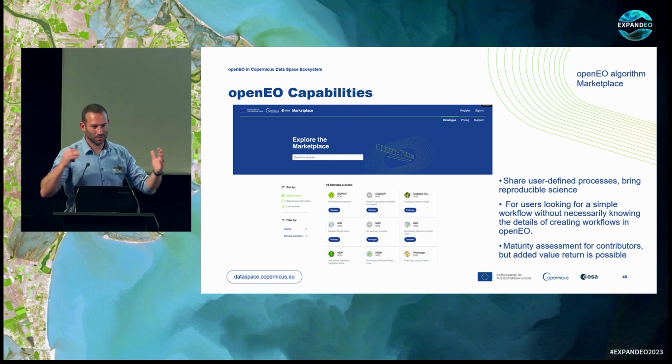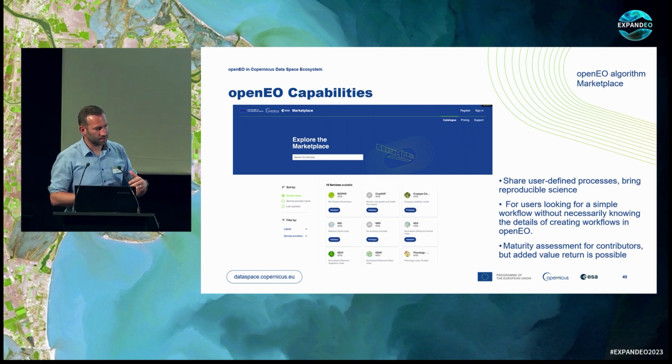It's only when you need more processing, if you want to have continental processing, of course, that consumes lots of resources, that some credit top-up is needed, which we can also arrange with the network of resources, as Jan mentioned. So there will be different mechanisms to work with the marketplace. This is interesting for users to reproduce results on different areas, but also for service providers.